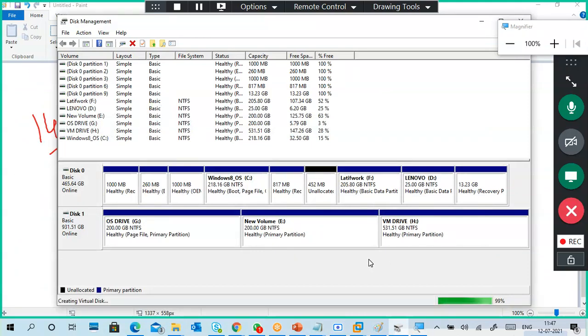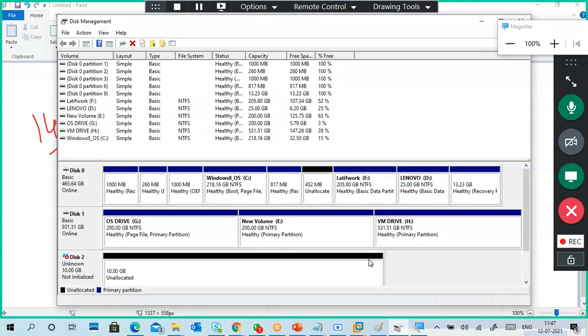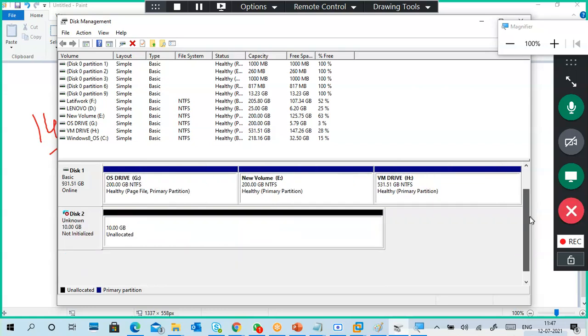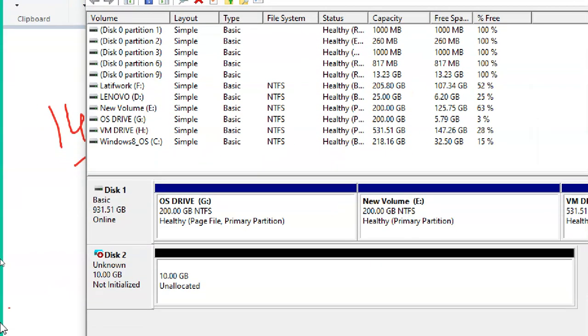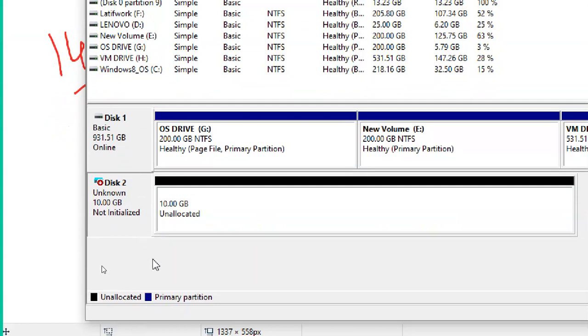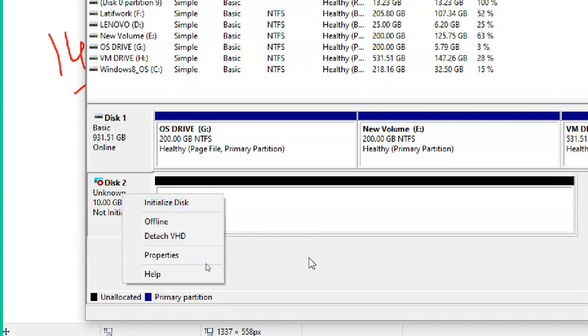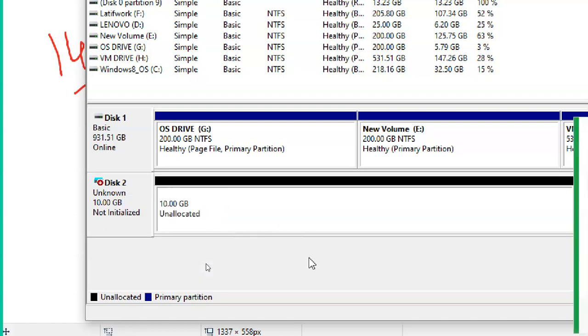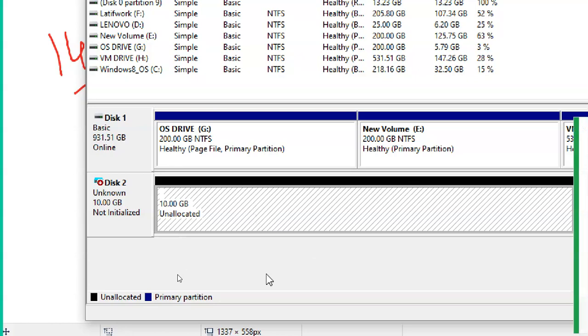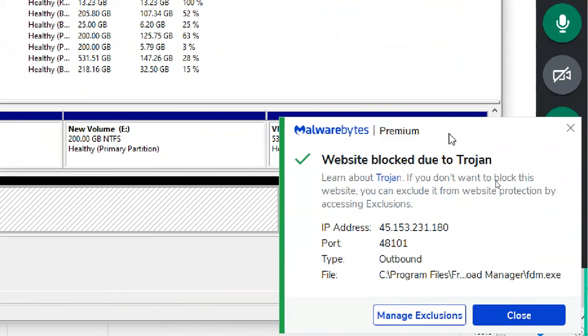Once it is created, how to format, how to put files like that. See, what is this 10 GB hard disk? My disk 0 and disk 1 are physical hard disks. But what is this hard disk? It is showing disk 2. It is a virtual hard disk, my 10 GB virtual hard disk. Okay.